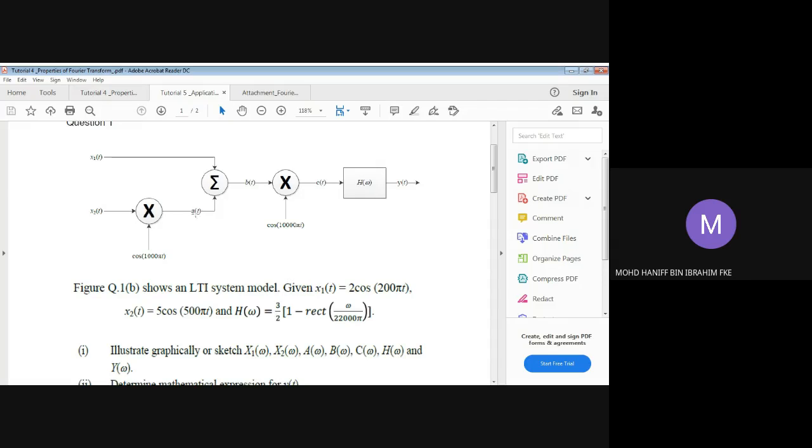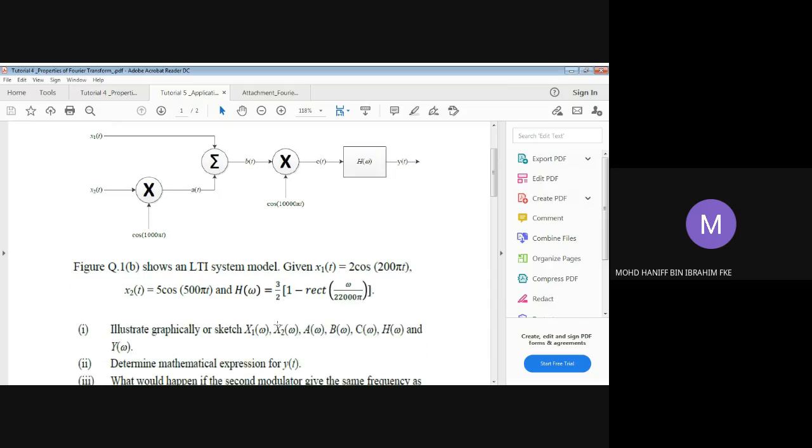From these time domain functions, x1(t), x2(t), a(t), b(t), and c(t), you need to sketch the spectrum for all of these time domain signals,